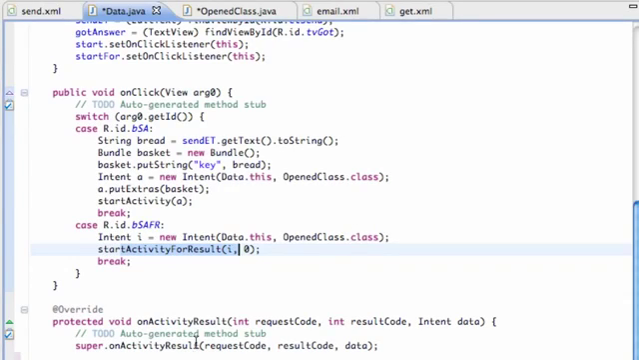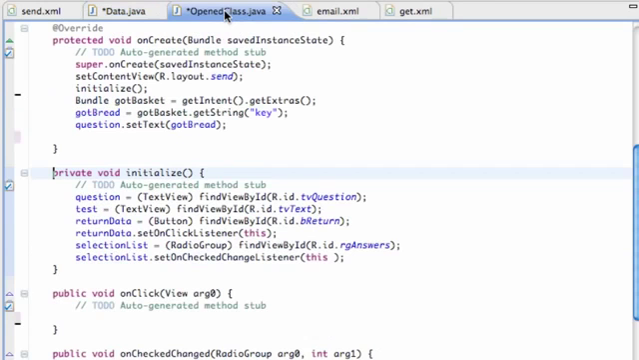Again with me, Travis. What we're going to do in this tutorial is basically set up this start activity for result button. If they click that, it's going to give us some input from the next class for the most part. So what we're going to do is go into this open class and set up this onClick method, because again, this is for a return button. When a return button is pressed, we're basically going to send the data back, and then we're going to close